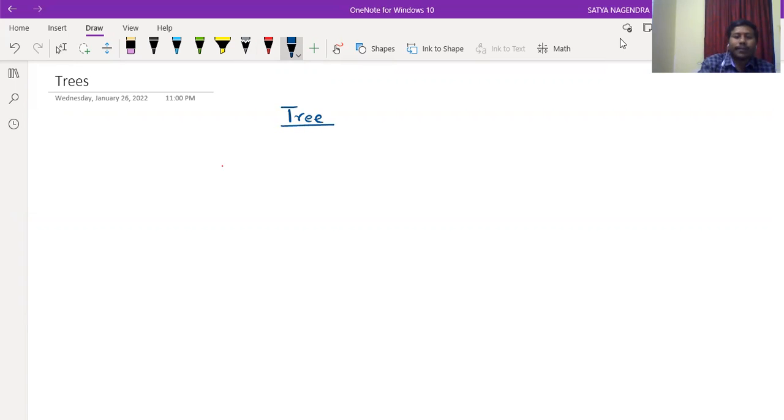So what is a tree? So a graph G with vertex set V and E is the edge set. In a graph we will have a vertex set and the edge set. The definition of a graph. So a graph G is said to be a tree